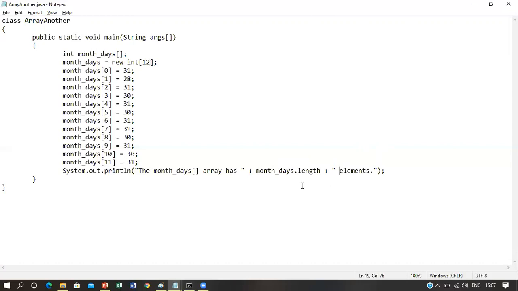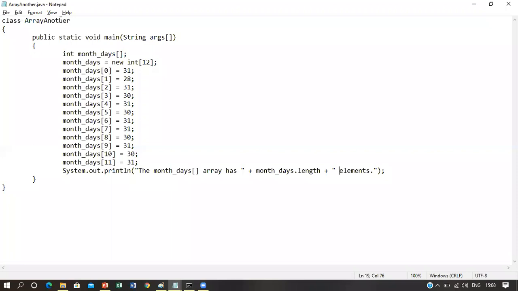So let's execute this program to see how it will give you the length of the array. The name of the program I have given is ArrayAnother.